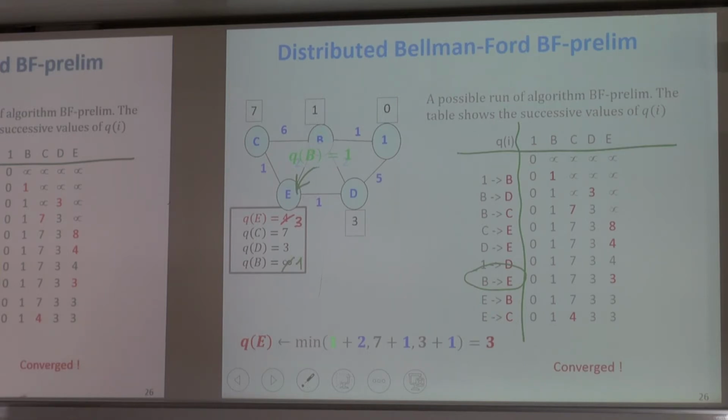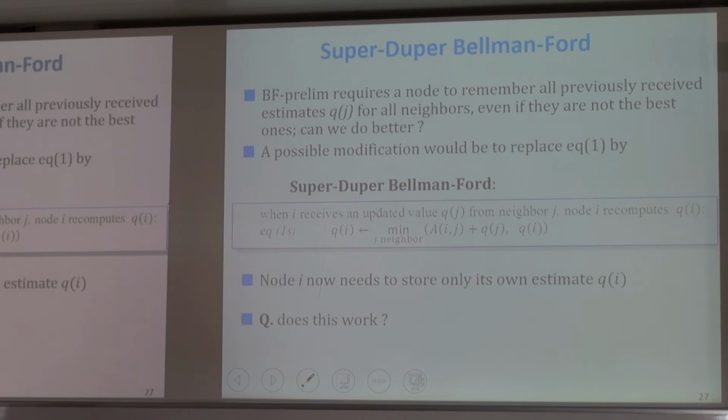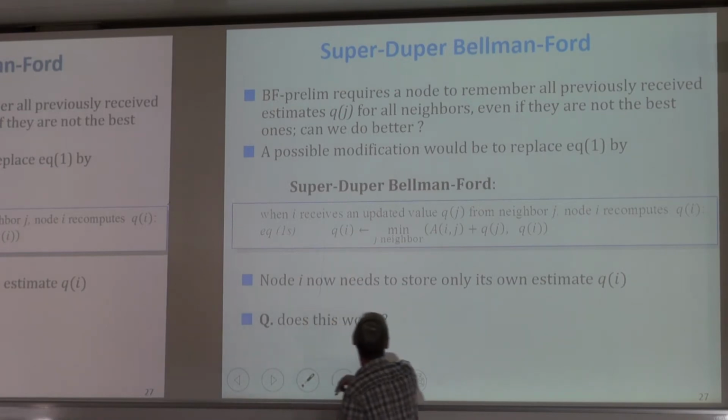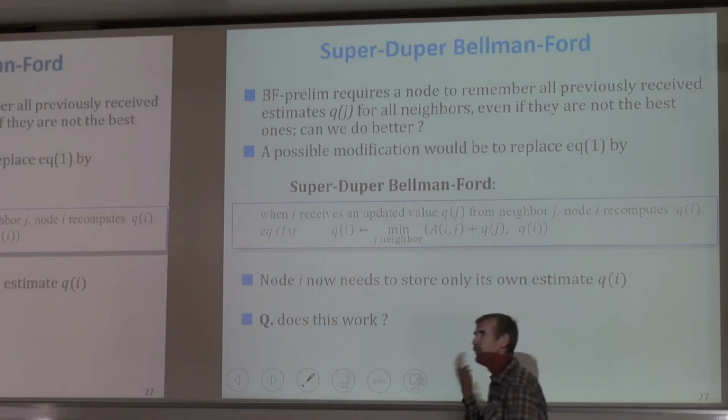Let's try to do an algorithm that would keep only as information its own value, Q, which is the estimate of P. This is what I call super duper, right? Because we've dramatically reduced the amount of information. So super duper would do this. Well, all I do is keep value Q. Then when I receive an update,